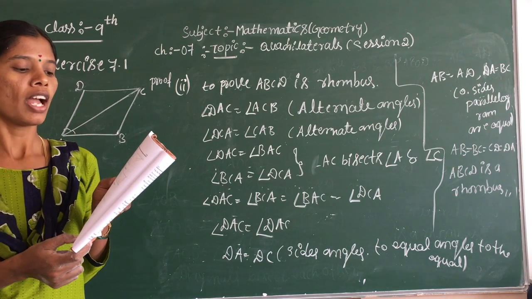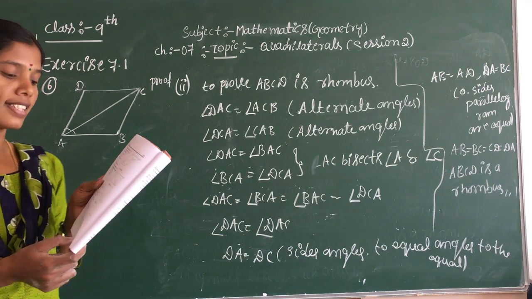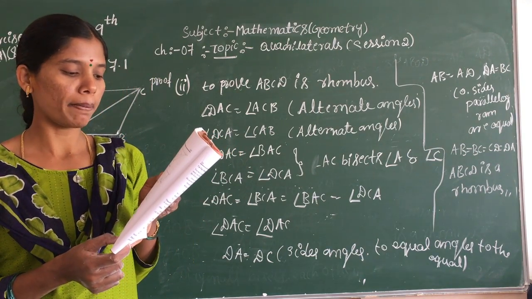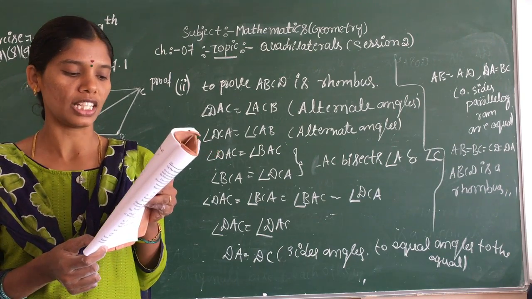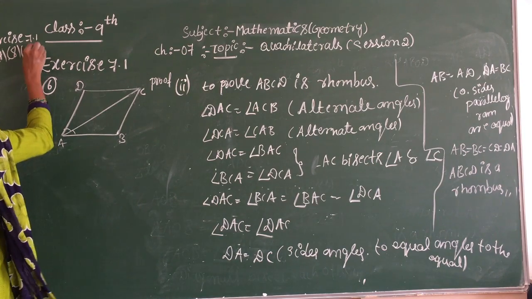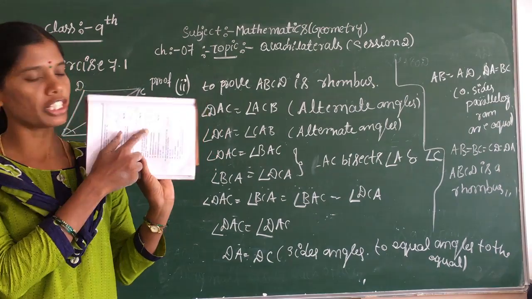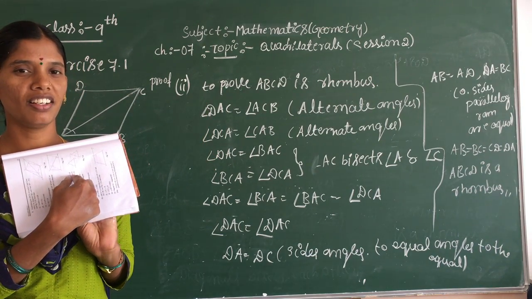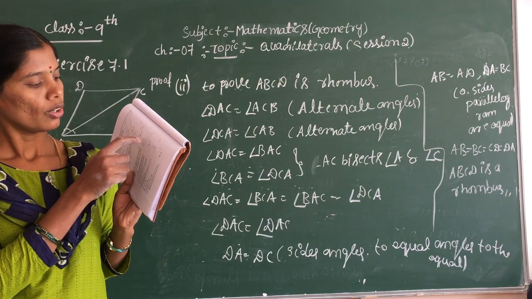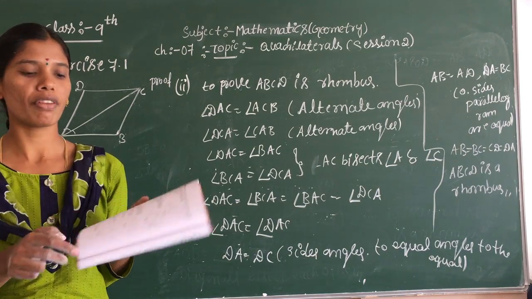ABCD is a parallelogram and AP and CQ are perpendiculars from vertices A and C on diagonal BD. Show that first, triangle APB congruent triangle CQD, and AP is equal to CQ. This is our 10th one. And 11th one. Which shape is this, children? Having two triangles, 1, 2, 3, 4, 5, this is a pentagon.